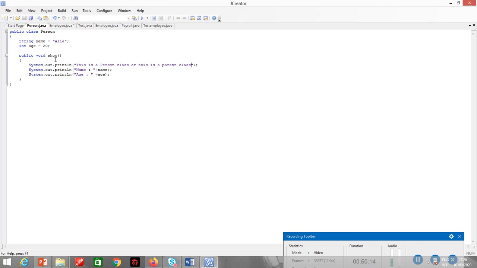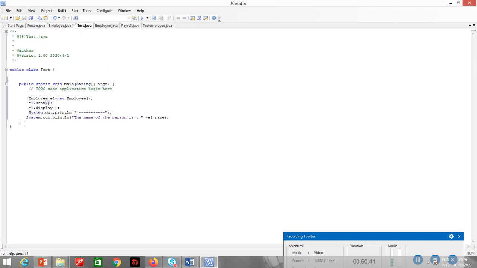I have the method called show. In the employee class, I have two variables, salary and position, and I have the same method name, which is show. Now in this case, which method should be executed? The method of the child class, which is the employee class, will be executed, and the method of the parent class is said to be overridden by the child class, which is the employee class.